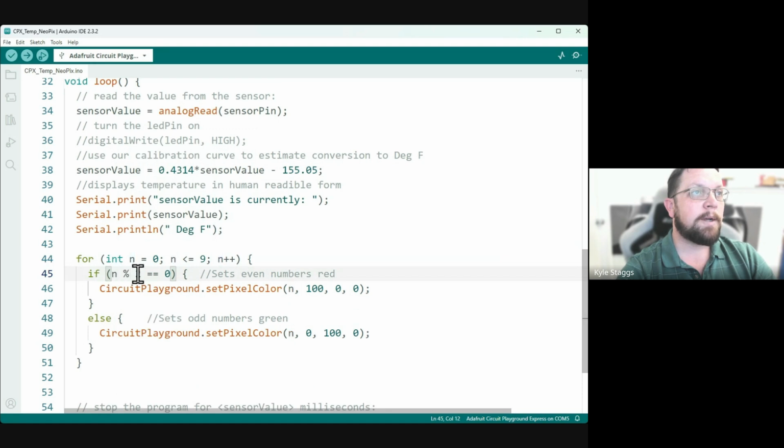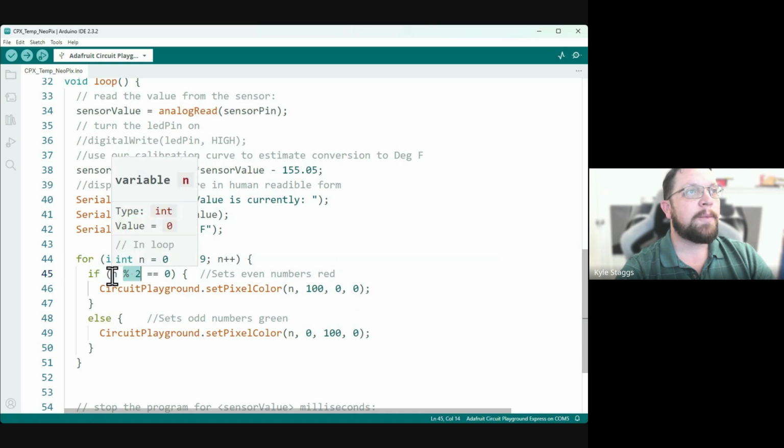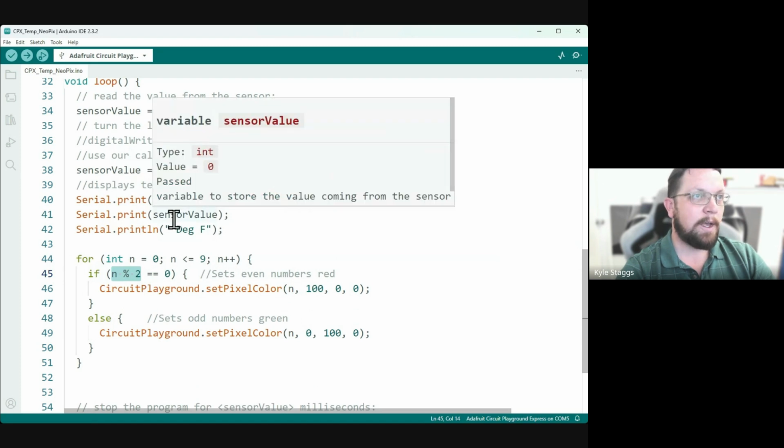if this is a comparison, this is for doing some even number division. This has to do with a remainder. So we're not going to use this set of conditions, but we can change the color based on what is happening here. So if the sensor value here,